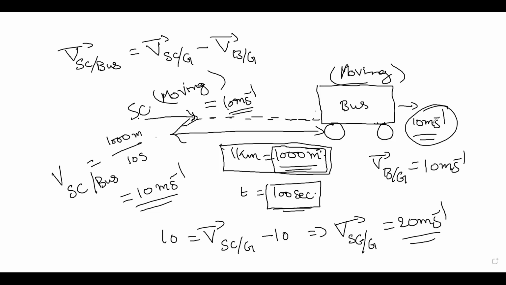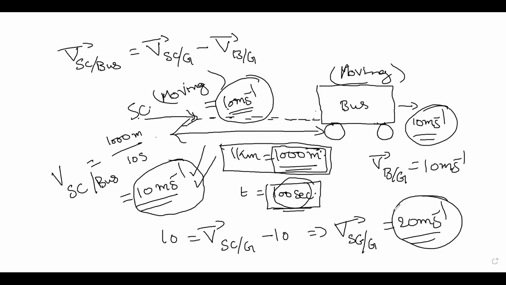Now he has to overtake this bus, means this distance he has to cover with some velocity, right? Yes, sir. So with what velocity can he cover 1 kilometer? He wants to cover it in 100 seconds, right? So 1000 by 100, that is 10 meter second inverse. That means he has to move extra 10 meter second inverse. He's already moving with 10 meter second inverse, and has to move extra 10 meter second inverse. That is what is reflected here. Yes, sir. So that's how you can solve.